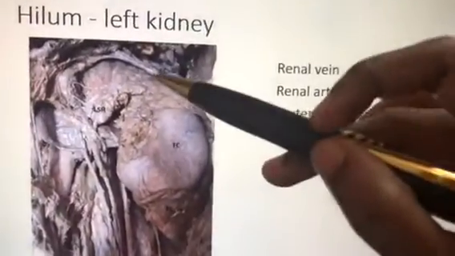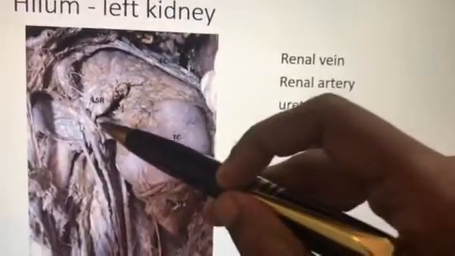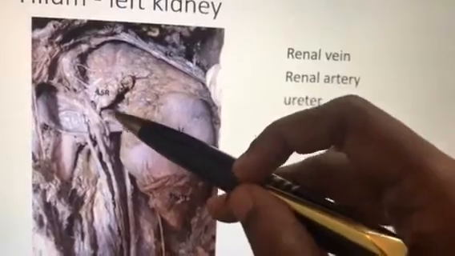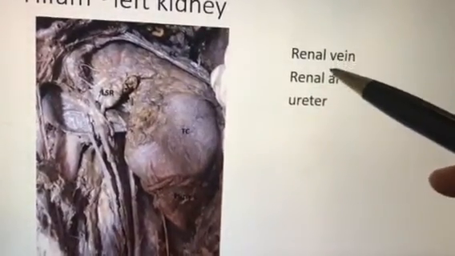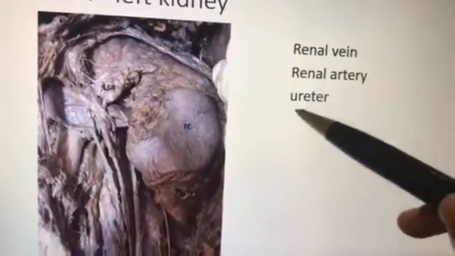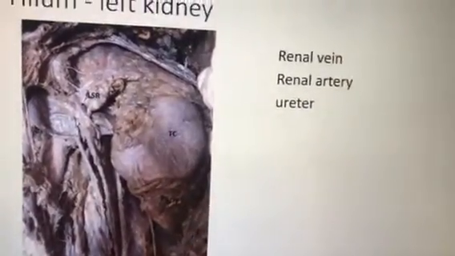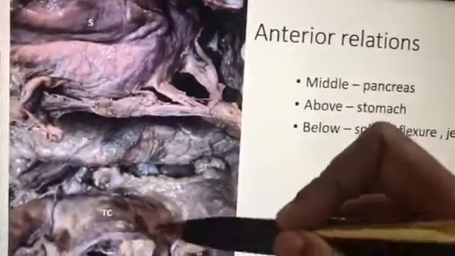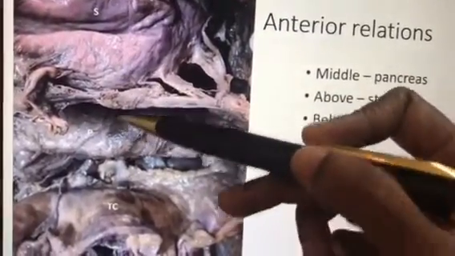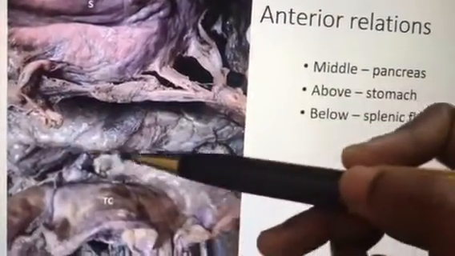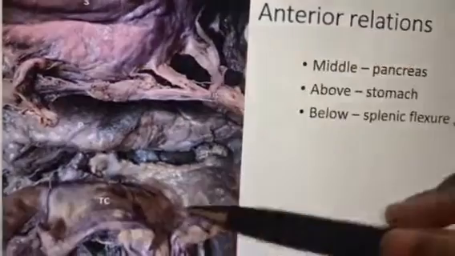And the next is the left kidney. Left kidney, you have the hilum of the kidney. In the hilum of the kidney only vast structures, vein, artery, ureter, VAU. Vast structures is called renal pelvis, the ureter, where the ureter starts. And then you have the anterior relations, there you wrote the hepatic flexure. So here you have to write the splenic flexure.